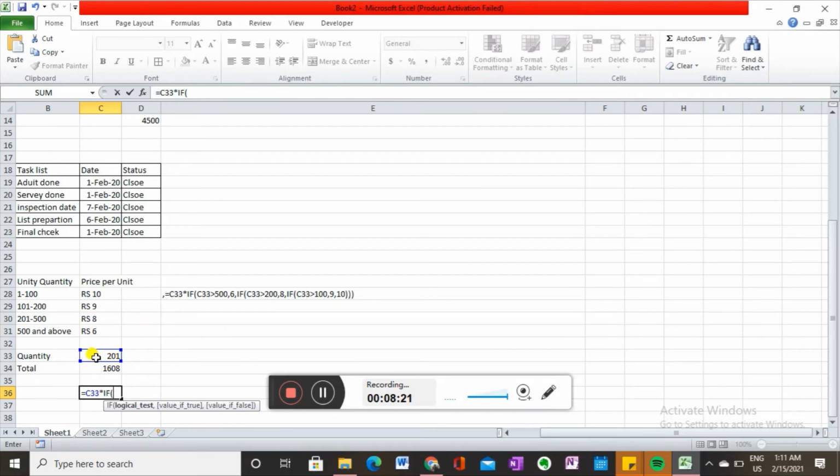First, if your value is greater than 500, then your unit cost is 6. Then again comma, IF statement: if your value is greater than 200, then cost is 8.